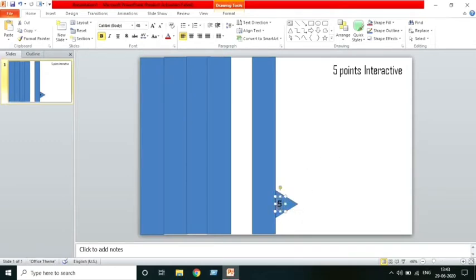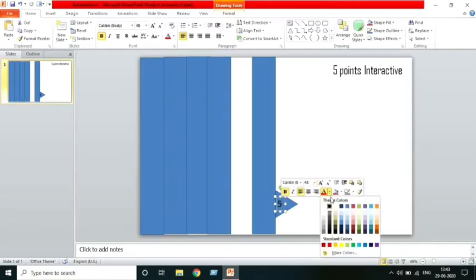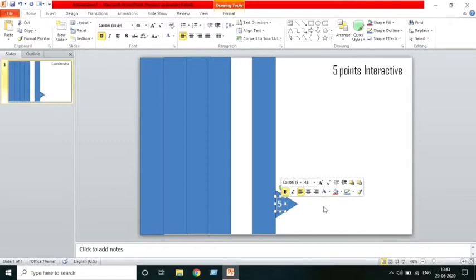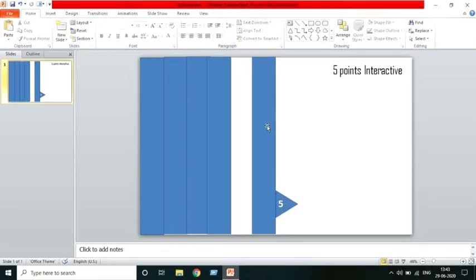Select 5. Here you can see this on theme colors. Click on white. Now this is our fifth point and we are going to group this. Now you can see these three different controls we have: this rectangle, this triangle and this fifth letter.